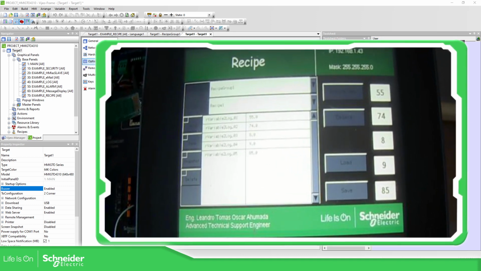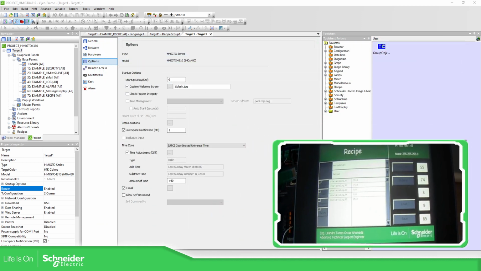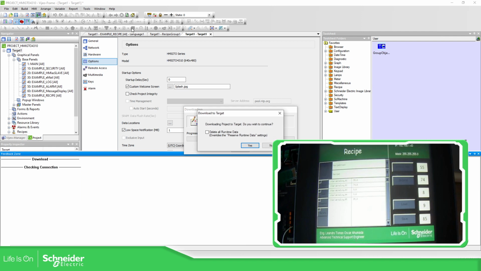As you can see, this is the actual value 55748985, which is the same that you can barely see here. So if we download this again, download target, I don't want to delete all runtime data. Okay,